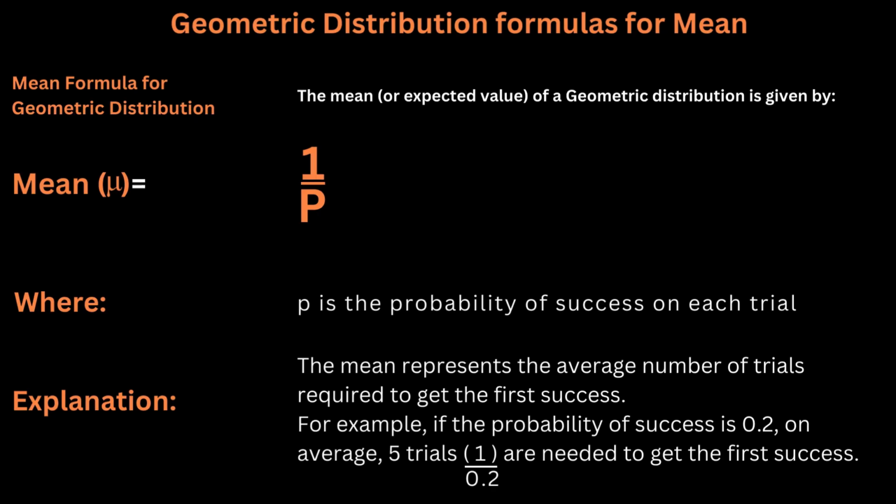Now, next is geometric distribution. The mean or expected value of a geometric distribution is given by mean mu equal to 1 divided by p, where p is the probability of success on each trial. The mean represents the average number of trials required to get the first success. For example, if probability of success is 0.2, on average 5 trials, 1 divided by 0.2, are needed to get